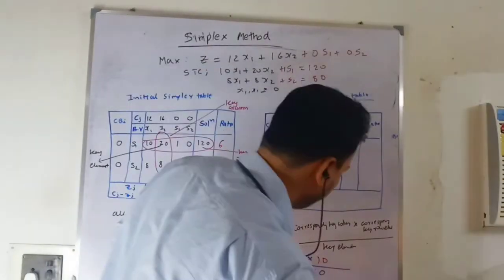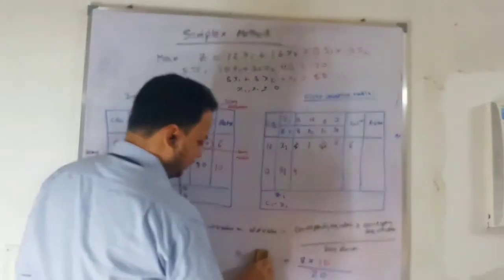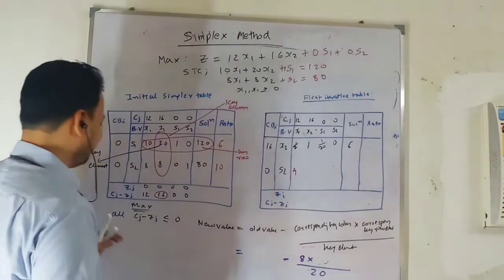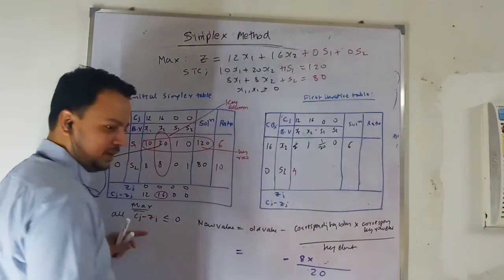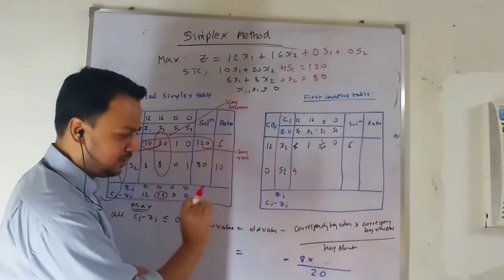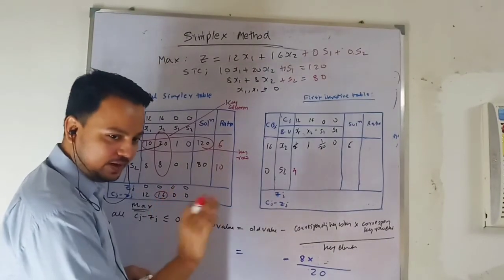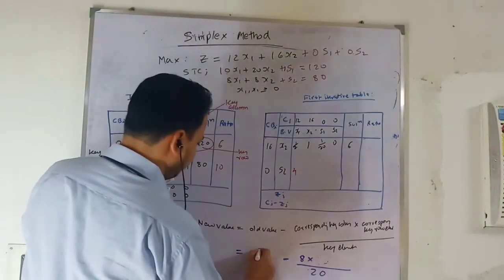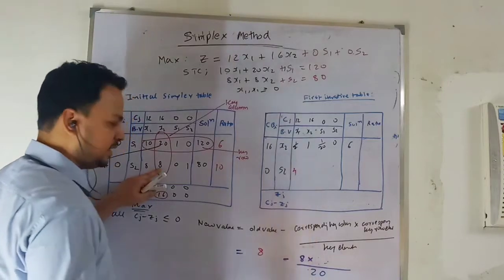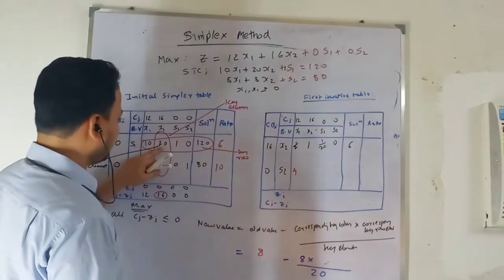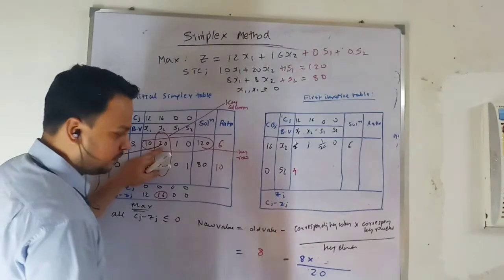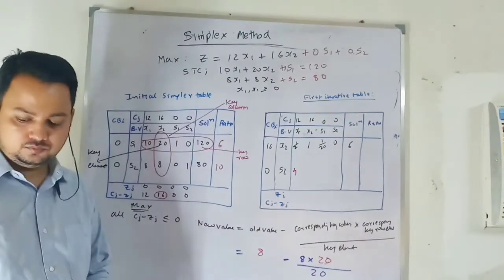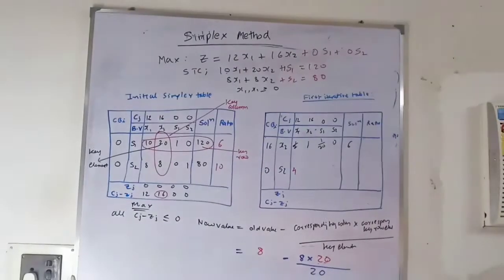Okay. You have to write this every step. I have the advantage of doing one in this, so I am doing it. Every time you have to write it. I am doing it in the copy, so I am just writing it directly. So you have to do the process. Your old value is 8, the corresponding key column is 8, the key element is 8. What is the corresponding row value? 20. Okay, so what can you get here? 0. Good.